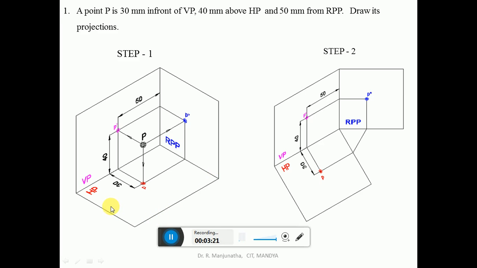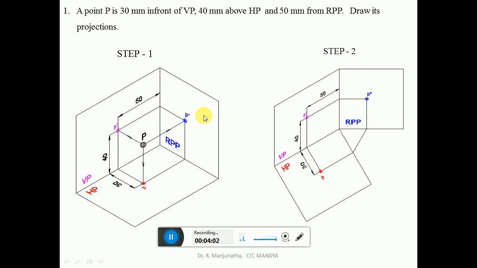Similarly, to view the image on the right profile plane, the observer has to be either from the left side view or from the right side view. Because in both cases, the viewing direction will be perpendicular to the right profile plane. But only one of the views will be considered. Why? Because the planes are transparent. That is point number 1. Only one view is right, the 2 views will not both be right.